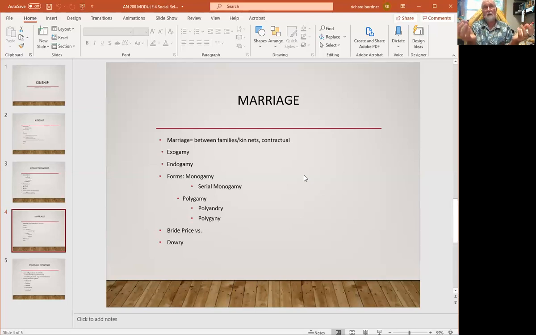She's probably going to be really pissed at the family that sold her. So she's going to be like a bomb ready to go off, which is the worst possible situation. You've got to live with her for the rest of your combined lives. So bride price in the sense of buying women very rarely happened. Bride price in terms of compensating a family for the loss of a woman was typical in most societies till